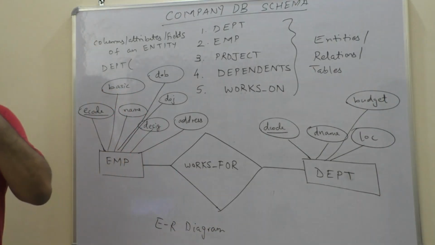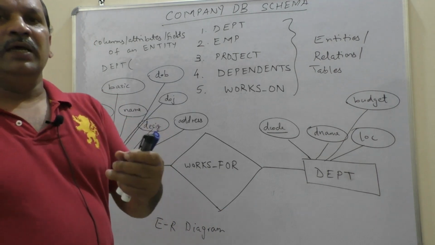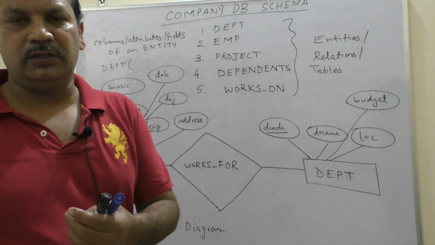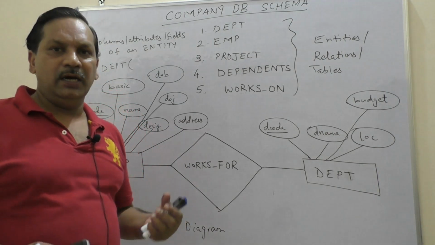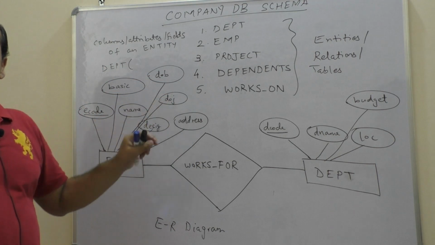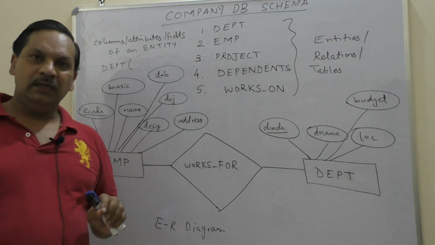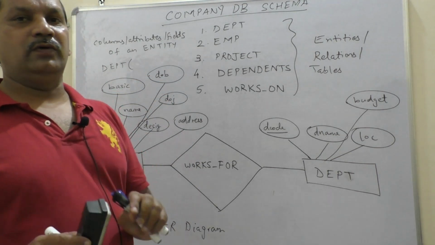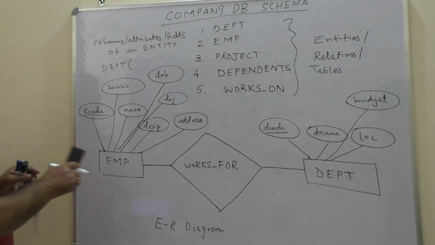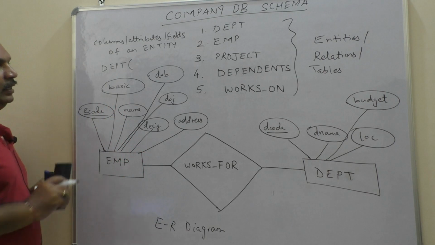Clear? So are you getting it? So if you are born in the year 1995, then you have to retire by 2060. Clear? So that is date of birth. This is date of joining. When did he join the company? Clear? Or the hire date, we also call it. So these are the different attributes of the employee entity set.